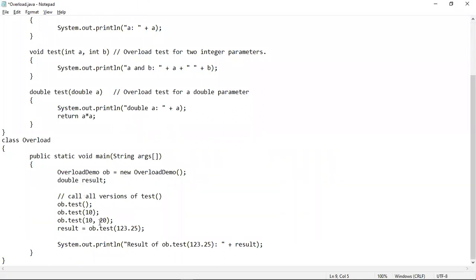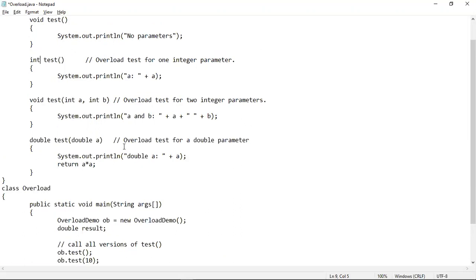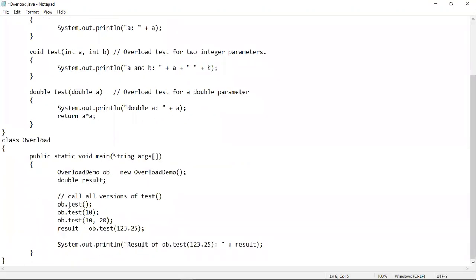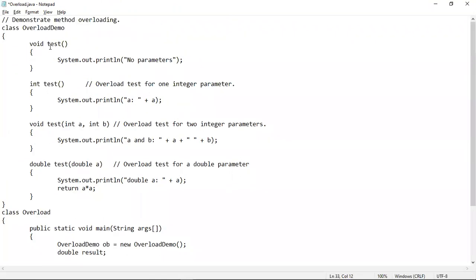But when the method is called from inside the main method, you have seen that the call is done depending on the match that has been found, and the matching has been done depending on what values we are passing to these methods. Similarly, whenever we call this test method, the compiler will go here and find that this is a test method which has no parameters. This is also a test method and this also has no parameters. Then the compiler will get confused about which test method to call, because both methods have no parameters. Only their return types are different.